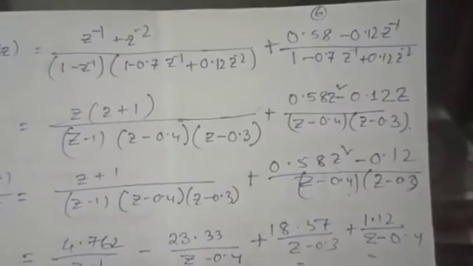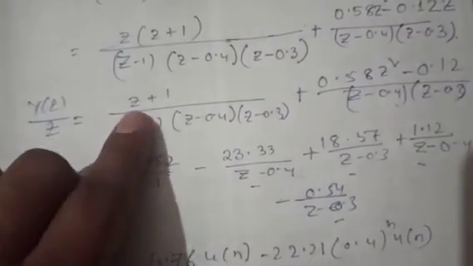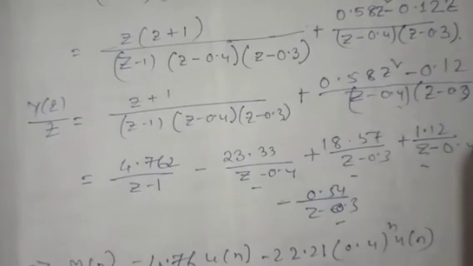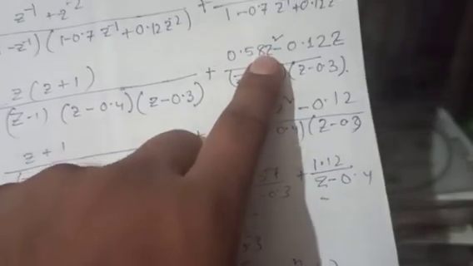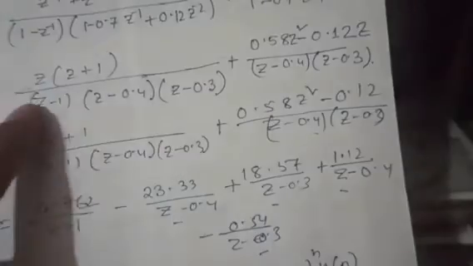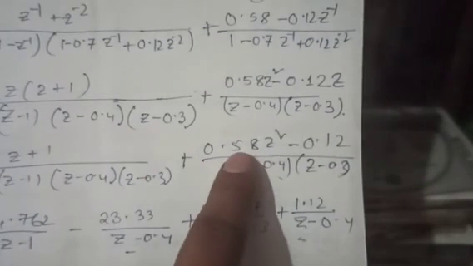Why do we do this factorization? To get the inverse Z transform. Again, using the partial fraction method, this z, and from here one more z common, so that z will be that side, so it will be z plus 1 divided by these things, and this will be your